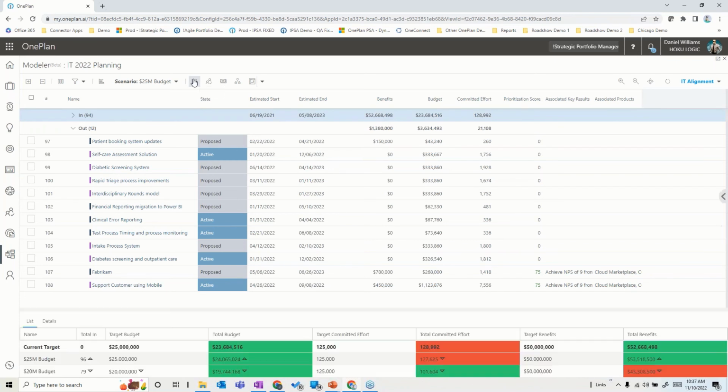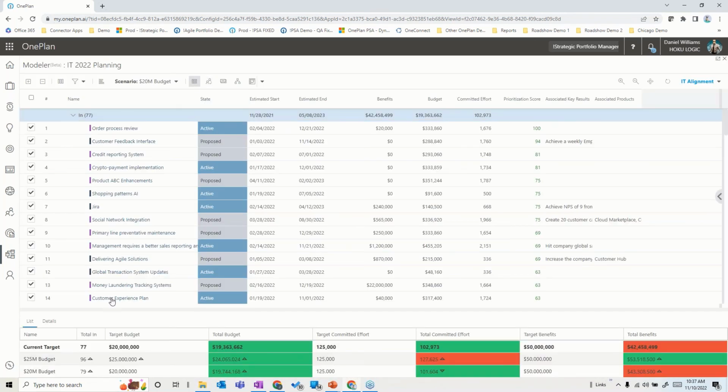So if I analyze and compare this, what you can see is that through the targets, and look at these targets here, basically saying, if we were targeting $20 million or $25 million through the constraints, what you can see here in each of these two different scenarios is that there's a total budget that we have to fit within. In this case, we've got effort that we're trying to fit within, and one of them doesn't fit within the budget, the committed effort, so we'd have to find more resources to do that.